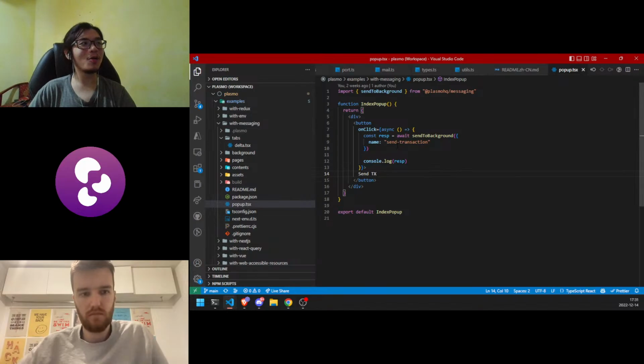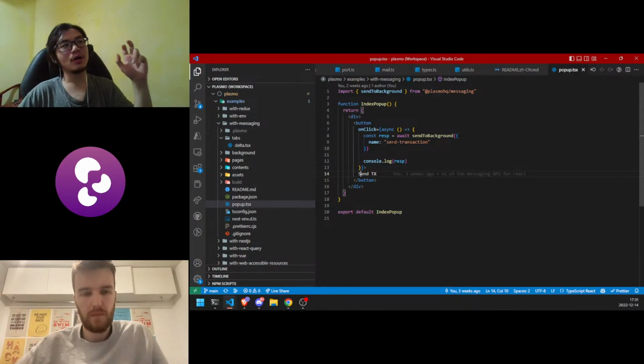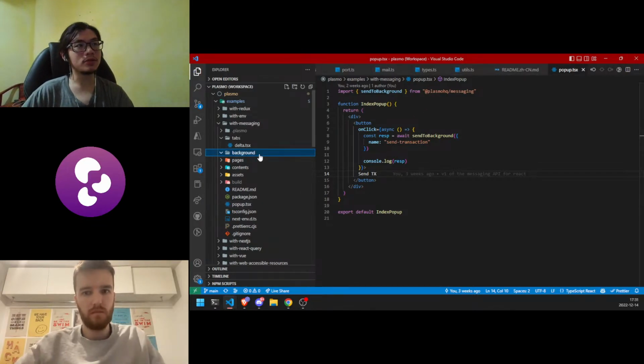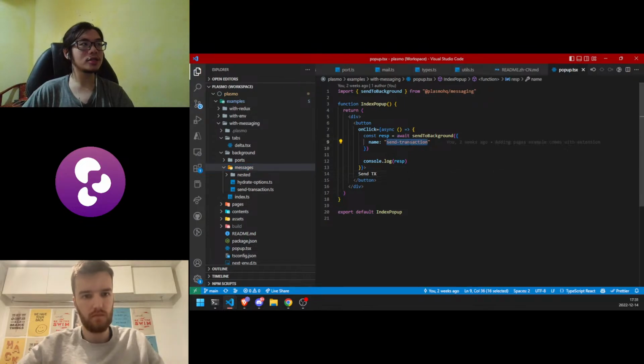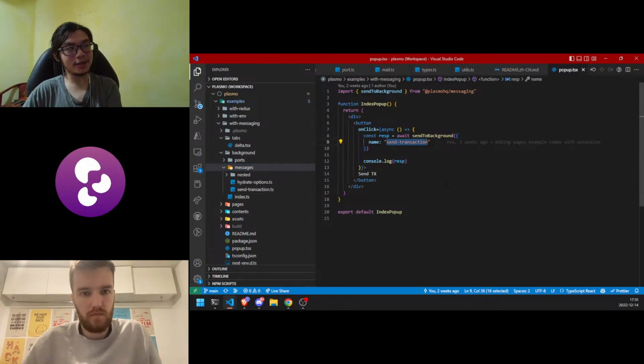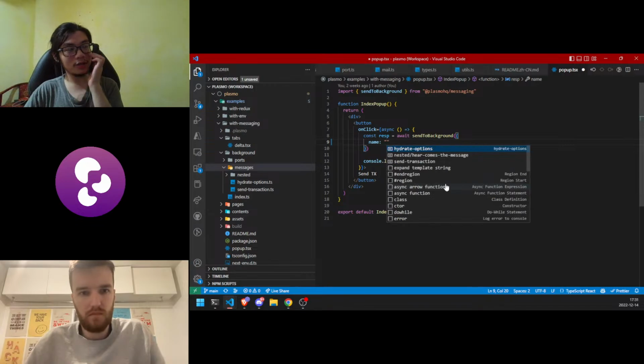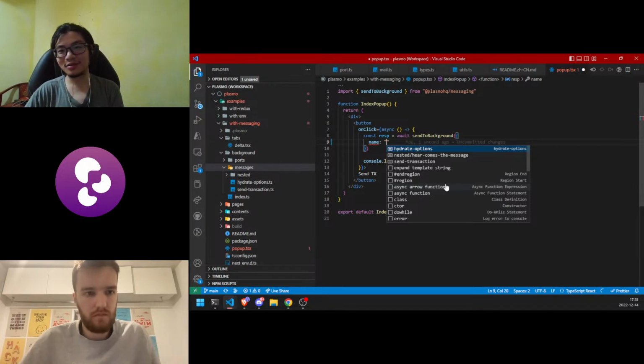The cool thing about this is that because Plasmo parses the background directory for the message handlers and constructs all the typing configuration for you, this actually has IntelliSense, so I can do this. It has all the names of the message handlers that I have created that I want to send to.